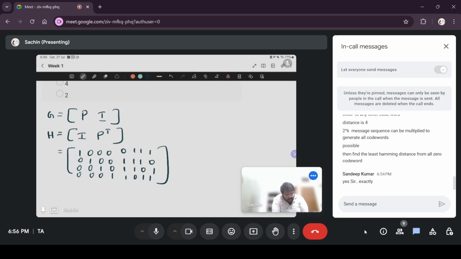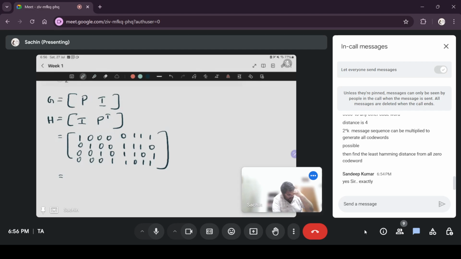So now you have the parity check matrix. From this you find out the minimum number of columns which add to 0, or the minimum number of dependent columns. Sorry, yes, the minimum number of columns that add to 0. Just with one column you can't get 0. No 2 columns also give you 0. You can check with 3 columns, even that won't give you 0. Then you check with 4, and you can see that